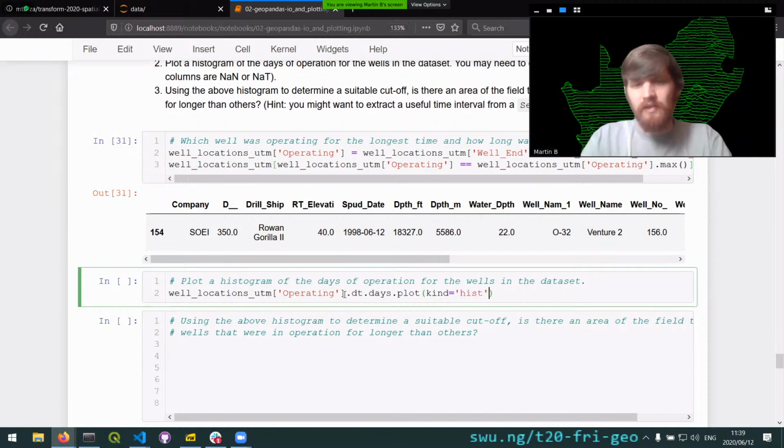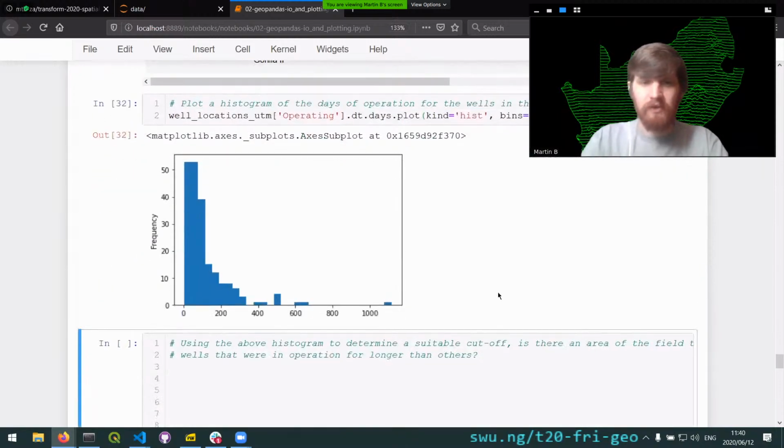This is a little bit obtuse, but essentially this is pulling out our date time, and then days we can change to months or weeks or years, seconds, if you've got that sort of thing in the data. So if you're interested in this sort of stuff, there's definitely some cool time series analysis that's possible in pandas, and Geopandas can use that as well. And I'm just going to change the number of bins to 30. So you can see if we have a look now,